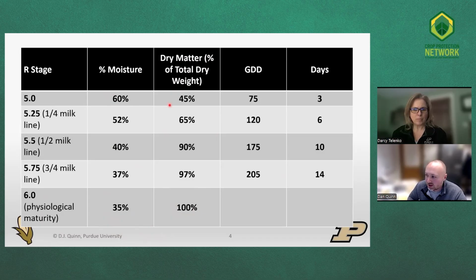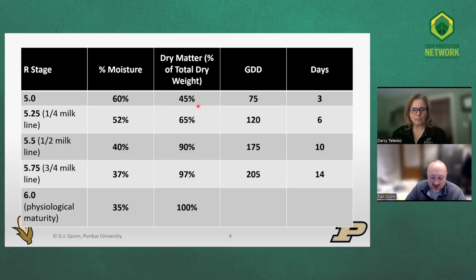And also showing that even at dent, which is pretty progressed in terms of reproductive stages, only about 45% of that kernel dry matter has been achieved. So that shows you that even stressors at R3, R4 leading into R5 can still impact grain yield as well. And a lot of it has to do with not only grain fill duration, but just the size and